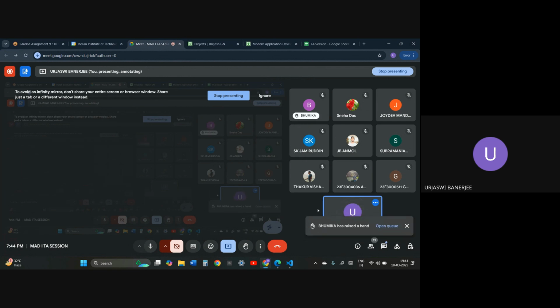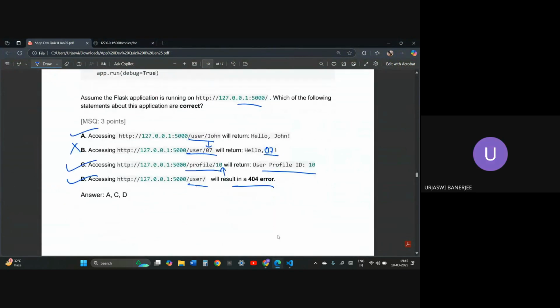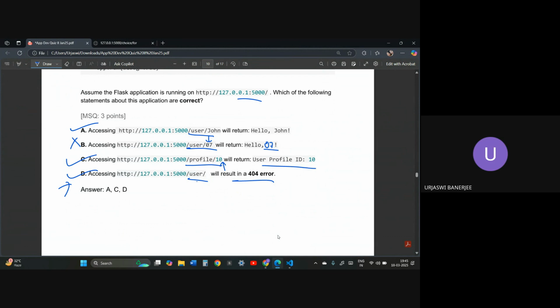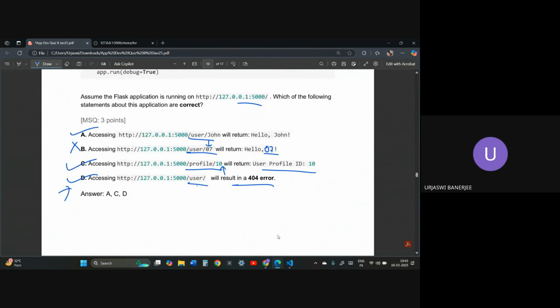Yes, Monica. Ma'am, can I ask one question? In the same question, from the last option, the not found error will result in a 404 error. Ma'am, why is it like that? It should give empty blank spaces, no? No, no, we coded that. After this, since the function has the return statement, we are also using the name over here as well as passing it inside the function, and in the route the name is also being used. That is why it will throw a 404 error.